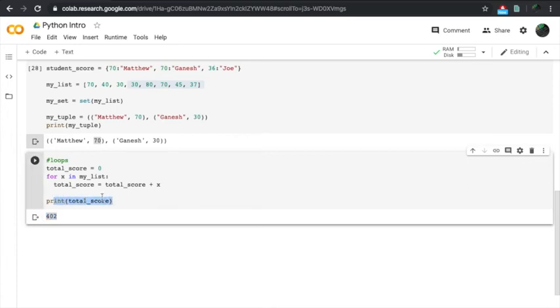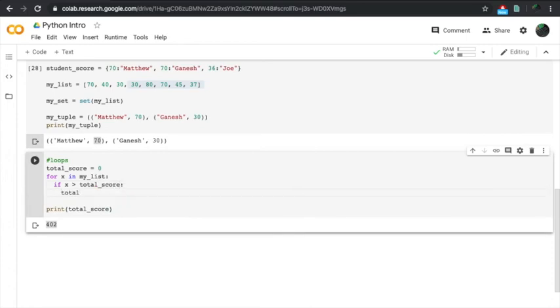Apart from this, what we can also do is find the maximum value. So we can write an if statement: if x greater than total score, then total score equals to x. Suppose let's rename it as max score, because the name is confusing. So we have initialized a variable called max score with numerical value of 0, and we are assigning 70